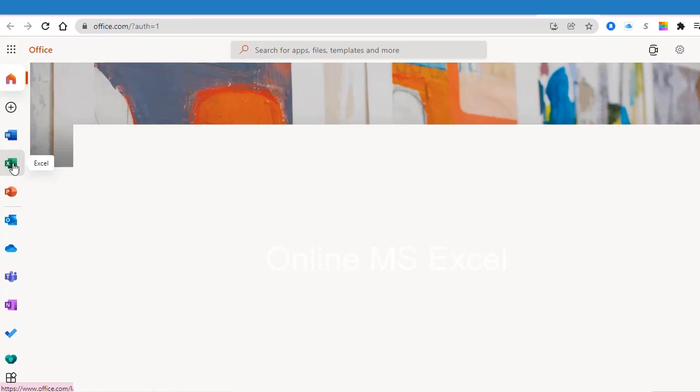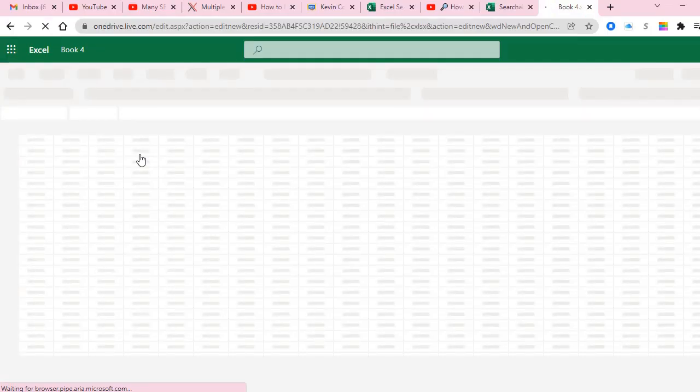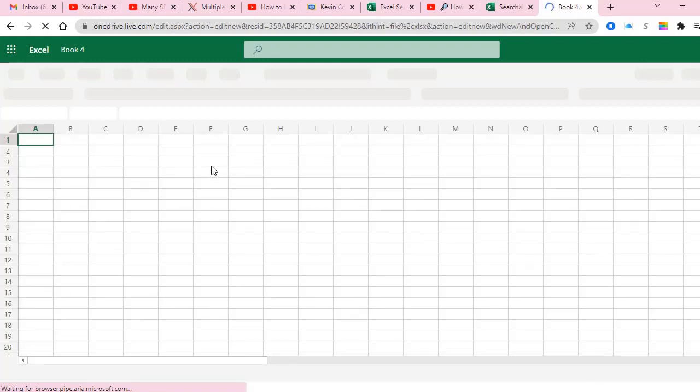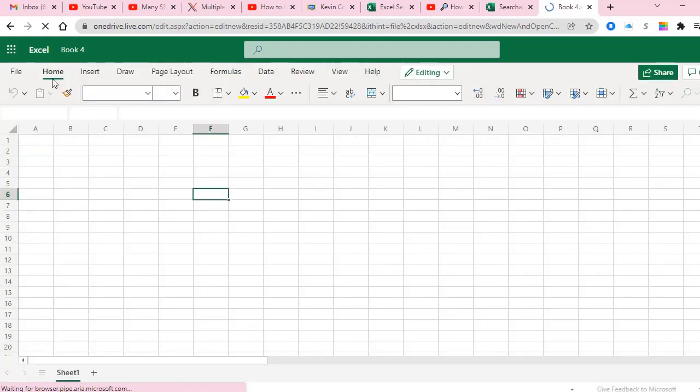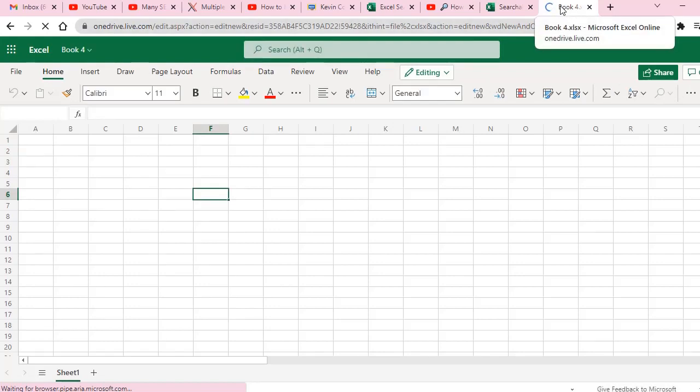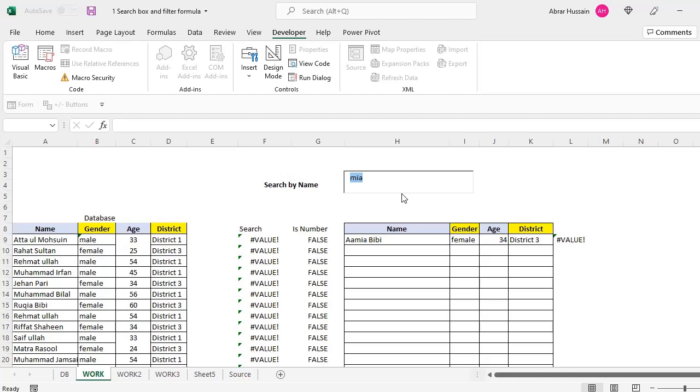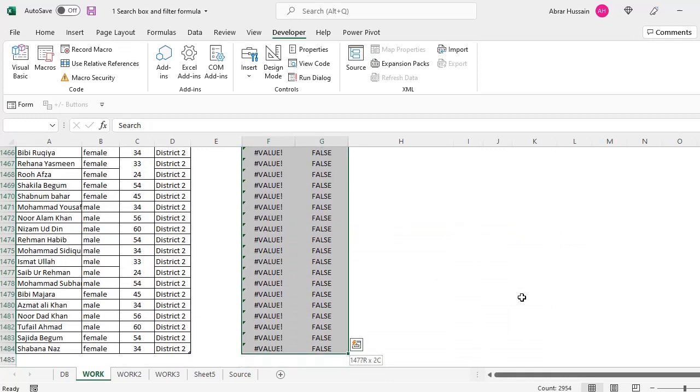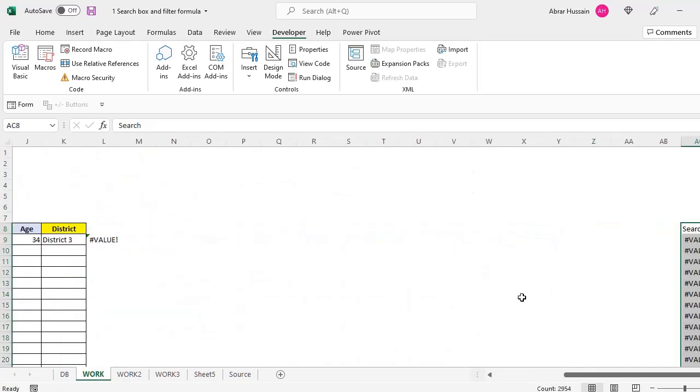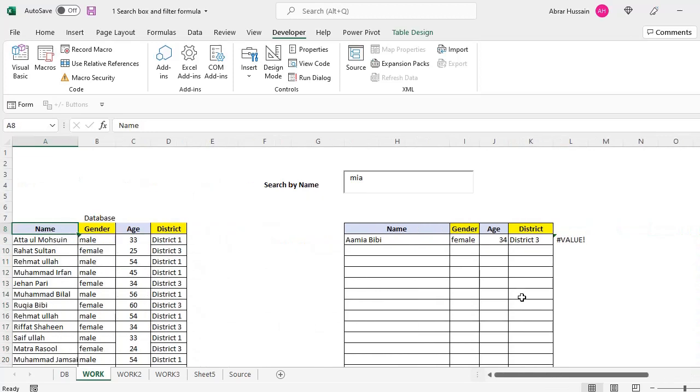For example, if you don't have the MS Office 365 version or the latest 2019 version, then you can use this online MS Excel. In this online MS Excel you have a lot of advanced options available, which I will be sharing with you. So you can do this in this Excel also. This is also the same Excel, but I have opened it in the browser. This is a very interesting thing that you can just generate such a tab, and now you just need to take these two columns, cut them, and take them away somewhere so that they are not available here.